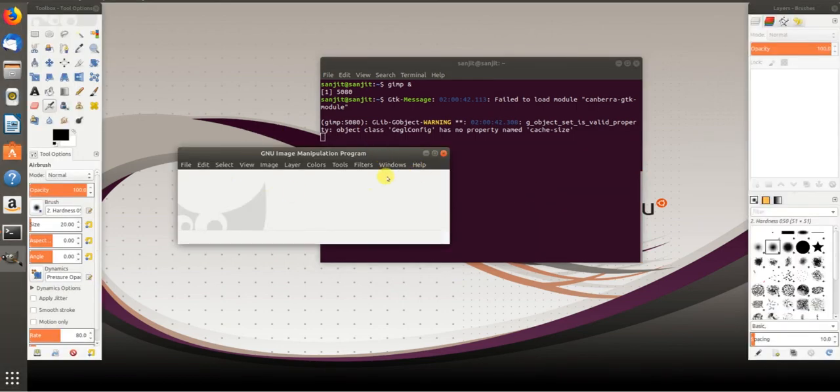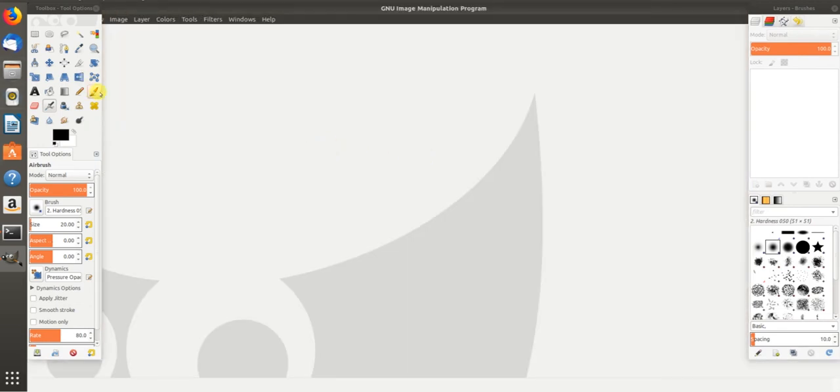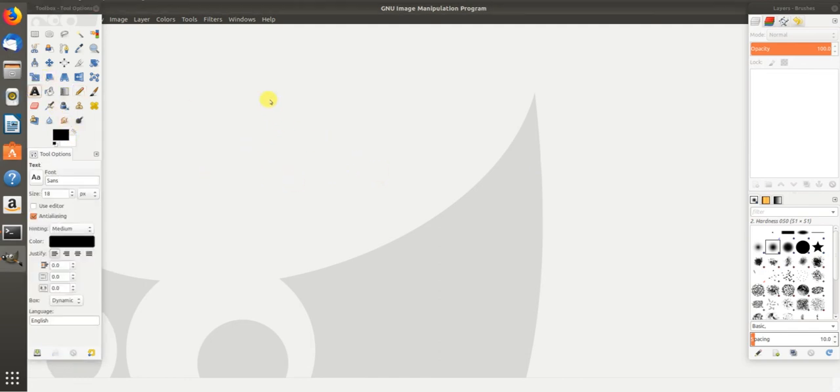See, if you hit plus, you can do multiple things over here. It comes with GIMP. So this is one tool, and it's up to you how you want to use it. If you want to type some text, you can type here. So this is the way we deal with GIMP.